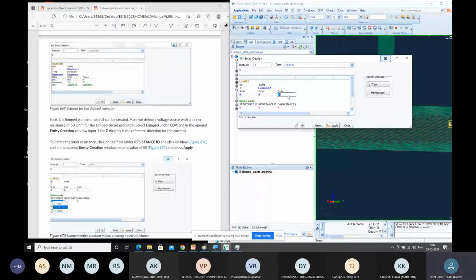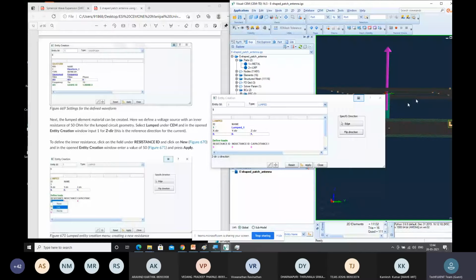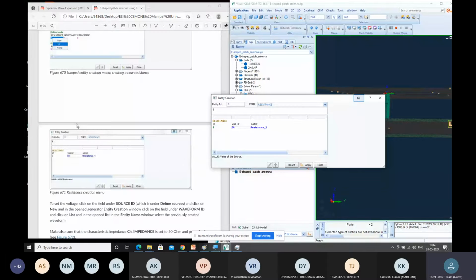So you can see a direction like this, and you can also specify a resistance. So resistance should be your 50 ohms. Whenever you are creating a lumped port, by default for ports you have to have 50 ohms of resistance value. So here you can give the 50 ohms of resistance value and click on apply. So you'll be getting a 50 ohms of resistance. Your ID will also be set into this. So once you're done with that,